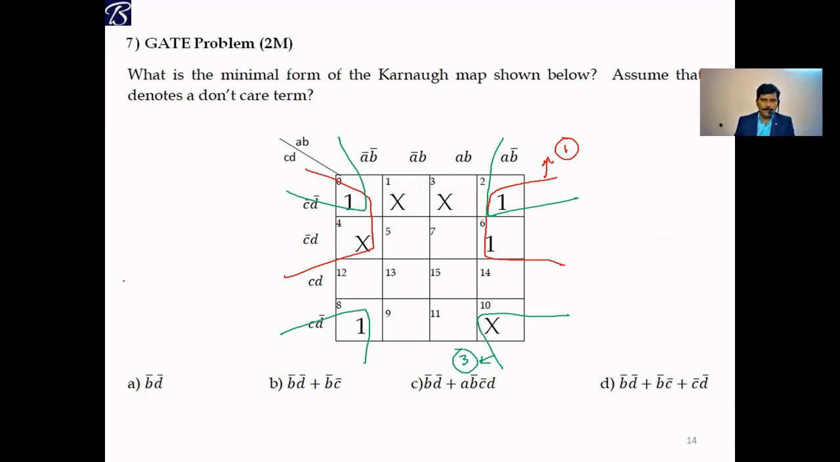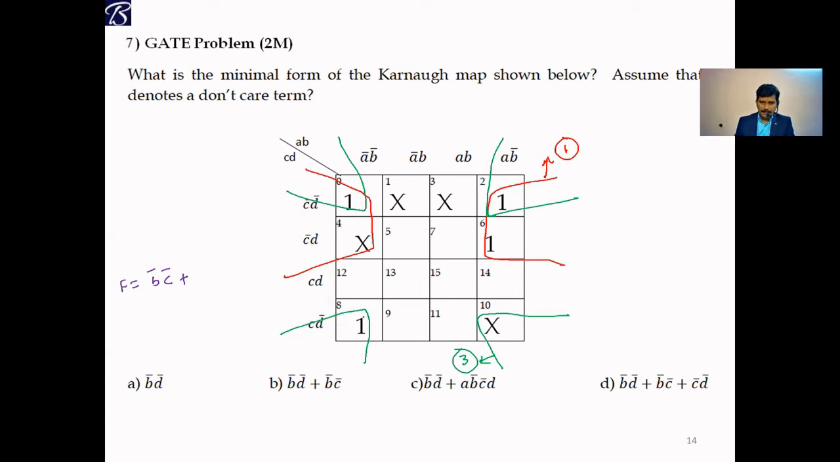So the minimized output function, that is F equal to, so consider this red color. So A bar B bar, A B bar. The common term is B bar. Here in these two, the common term is C bar. So B bar C bar plus,